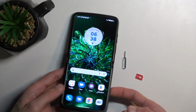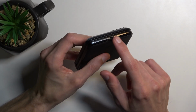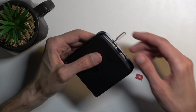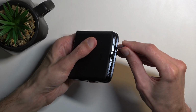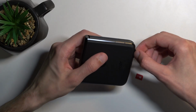So once you have one or the other, you can find the tray next to the charging port. So you can see this kind of cutout with a little insert pin in it. So let's pop in a pin in there, push it in. There we go. As you can see, the tray pops out just a little bit,